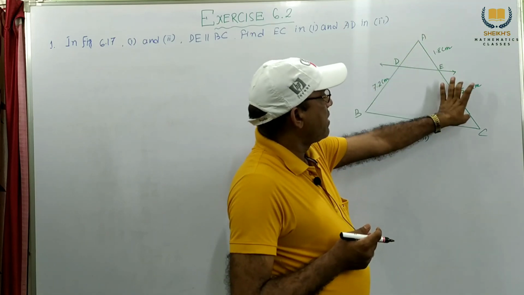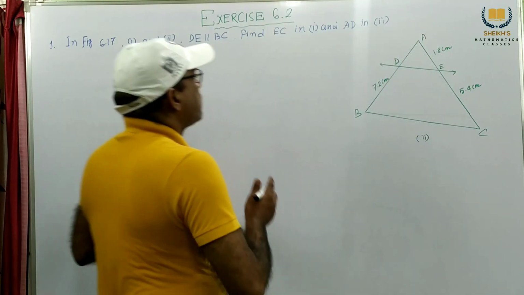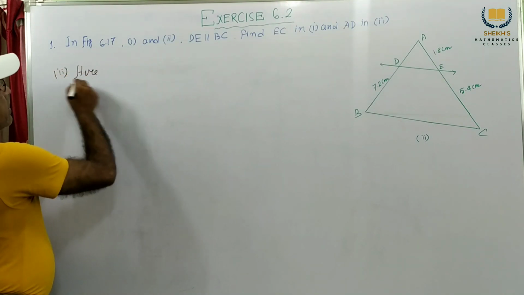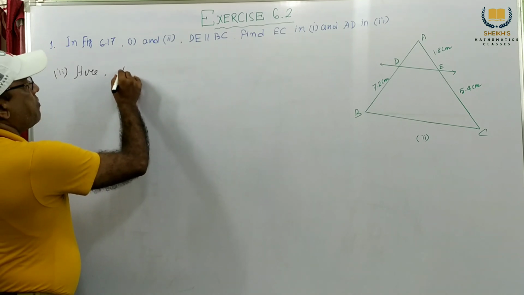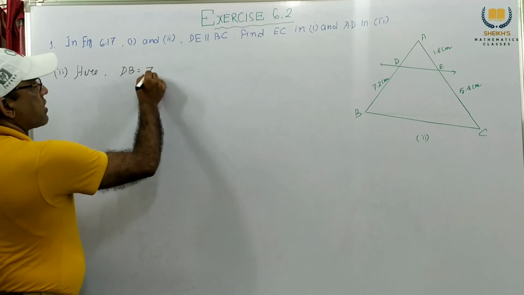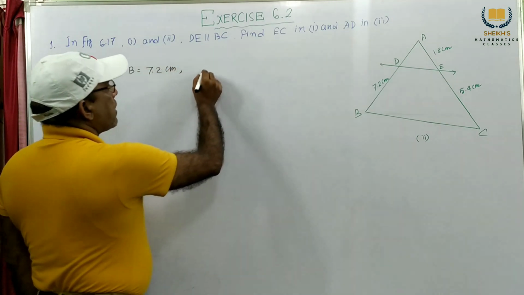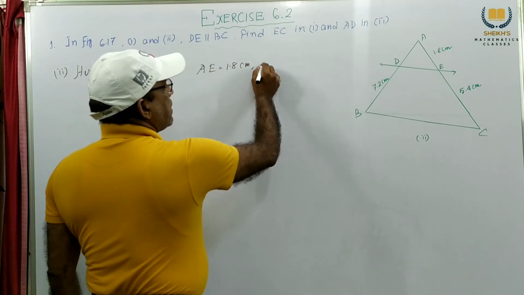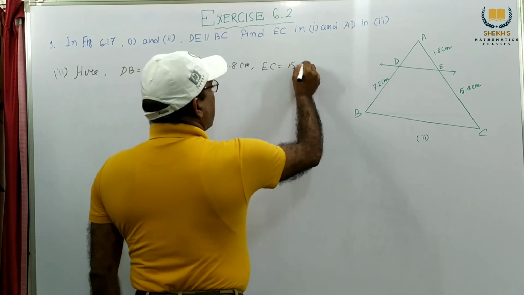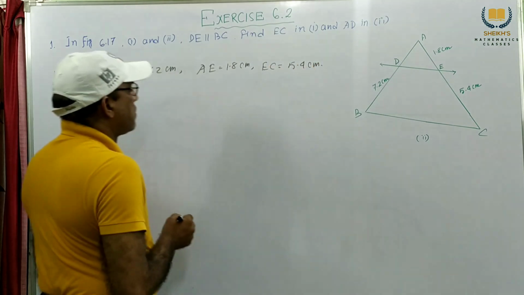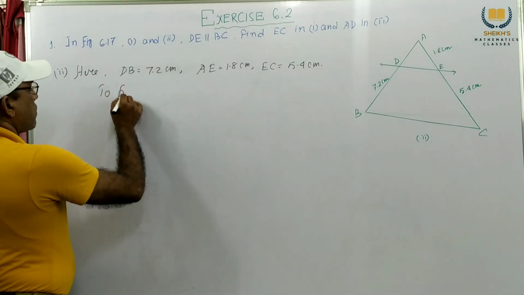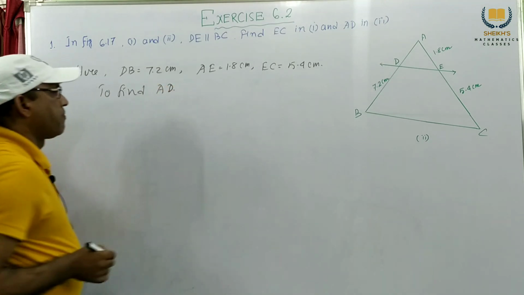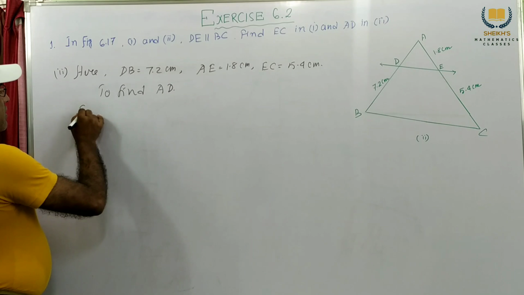DB is given, AE is given, EC is given. So here DB equal to 7.2 cm, AE is 1.8 cm, EC is 5.4 cm. To find AD,